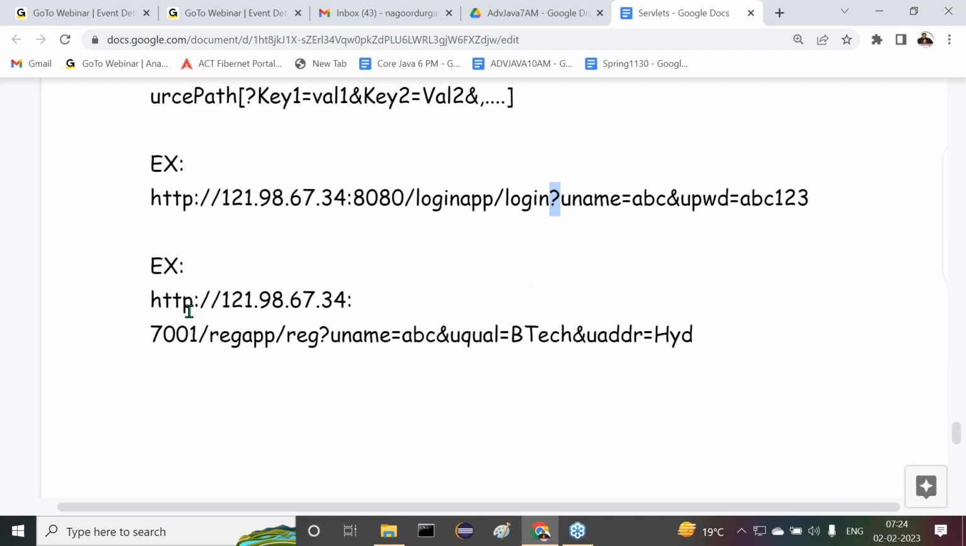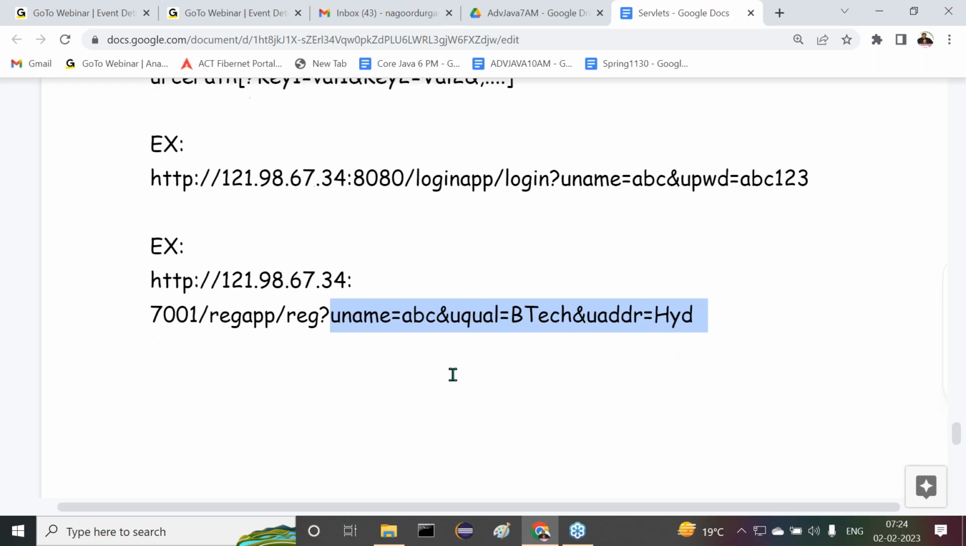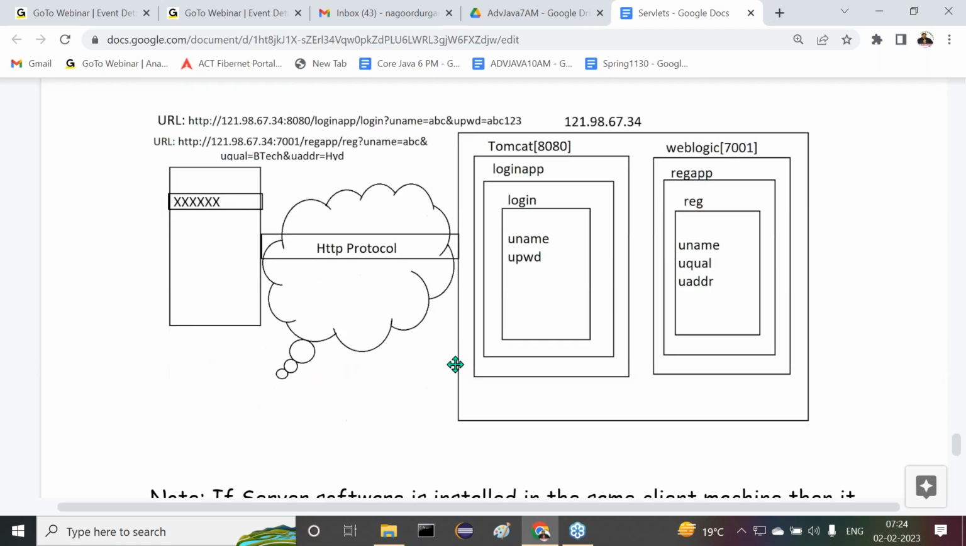The example I have given there: http://, server IP address, server port number, application name and resource name. Then after that, a question mark. Then the remaining part is the input data to the respective resource. That's okay. Then one more example I have given there. In general, this is a server machine, and its IP address is